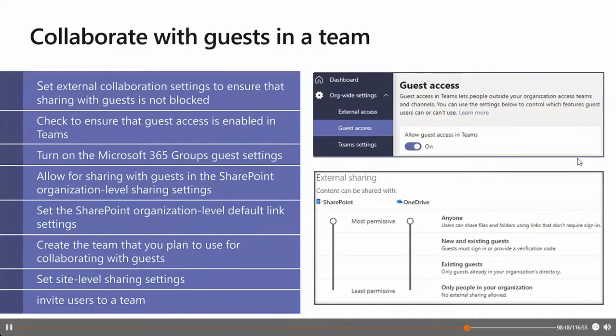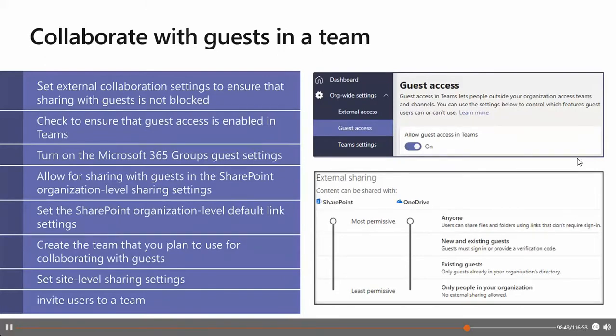The SharePoint organization level sharing settings are the next ones. Teams content like files, folders and lists are, as we know, all stored in SharePoint. So in order for guests to have access to these team items, the SharePoint organization level sharing settings must allow for sharing with guests.